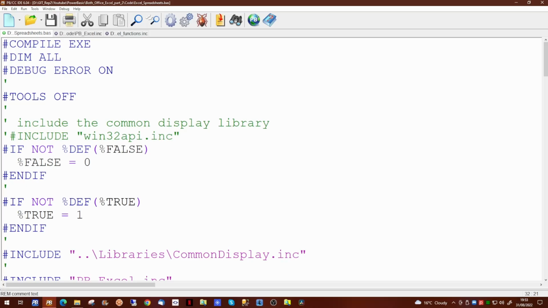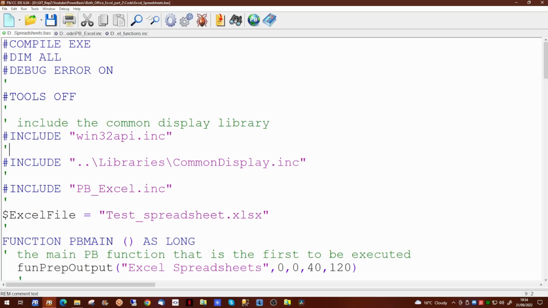In our last video, we prepared a PowerBasic application to connect via COM to an Excel spreadsheet. This software can run either using the PowerBasic console or Windows compilers. There are two main things we're going to do today. We're going to sort out the problem with the Windows API, which we commented out in the last video, and we're going to add a new library to make it simpler and easier to use the COM objects to connect to Excel. So first of all, we'll sort out the Windows API call.